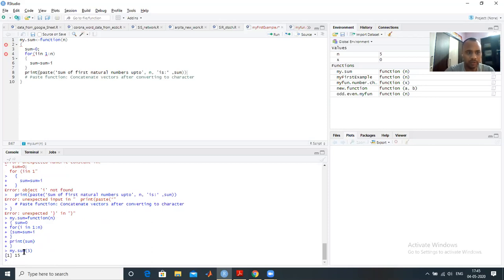My.sum function. So if you put 5 here, it means sum from 1 to 5. 1 plus 2 is 3, plus 3 is 6, plus 4 is 10, plus 5 is 15.